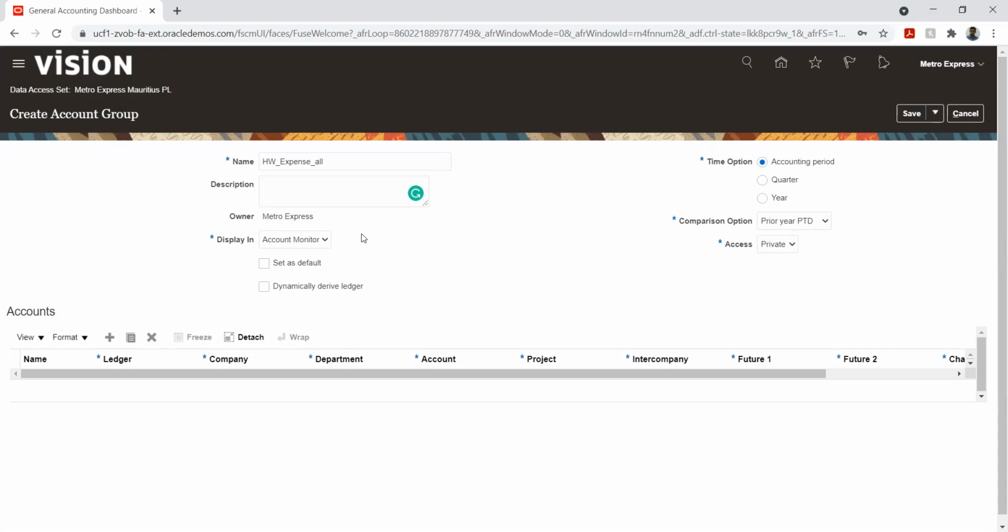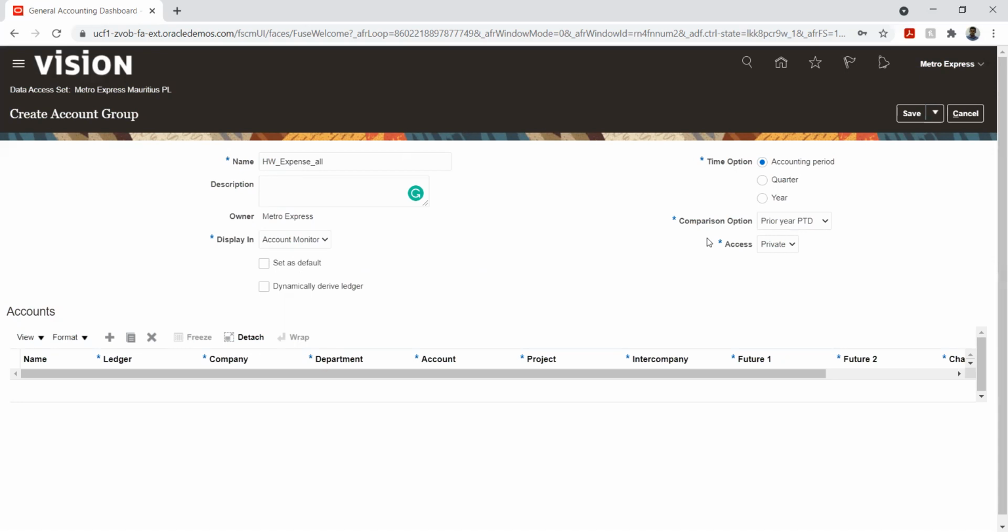Okay. So let's say I have 10 different account monitors that have been created in the system. If I want to make any particular account group a default, so that when I log in or when I navigate to the account dashboard, it will automatically show this particular account group, I can track it from there. So that is the purpose. But anyway, we can change it from there. So we have multiple options wherein we can pick our expense group. Okay. So for now, I'm not enabling this as default. So I'll select it from there.